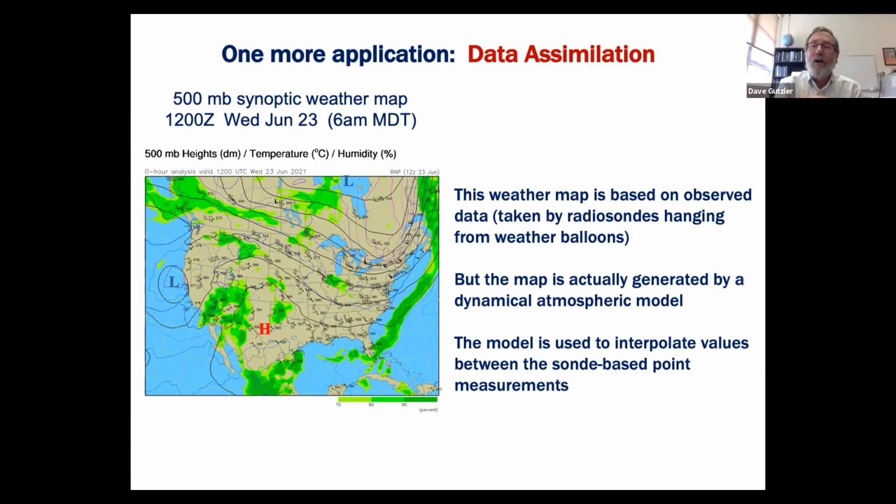So what we call an observed weather map, which is what we're looking at here from this morning, really is model output, but it's this morning's weather observations run through a model to come up with a nicely interpolated map of this morning's weather that is completely consistent with those physical equations that go in the model, which turns out to be a really important thing to do to make your model forecasts accurate.